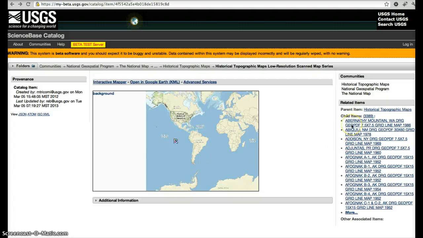So today we're going to look at how to delete items in ScienceBase using the ScienceBase API and the delete method. This is a scenario where we've got 3,389 items that are child items for this historical topographic maps, low resolution scan map series that we want to delete because we're going to reharvest those